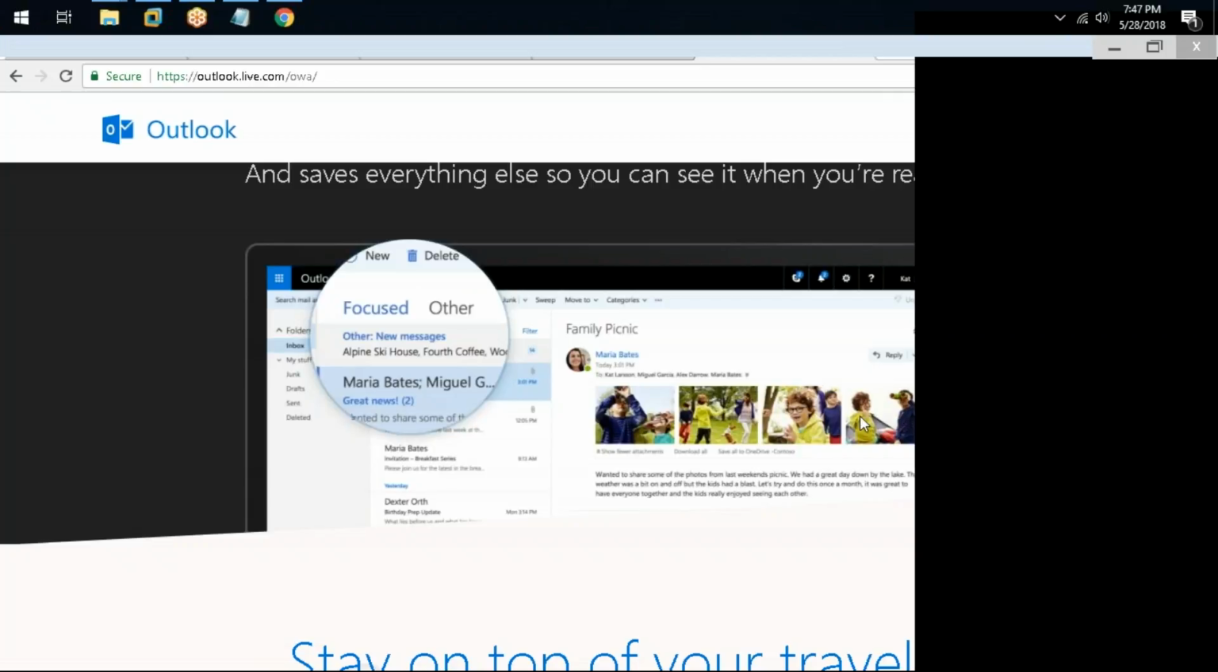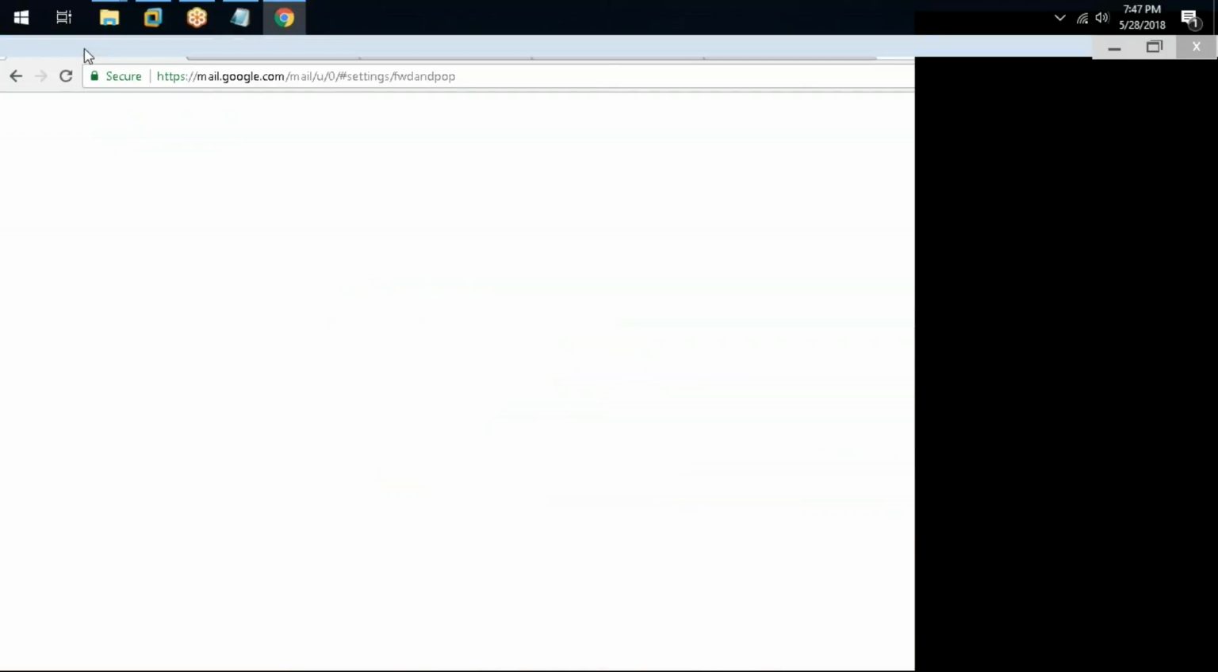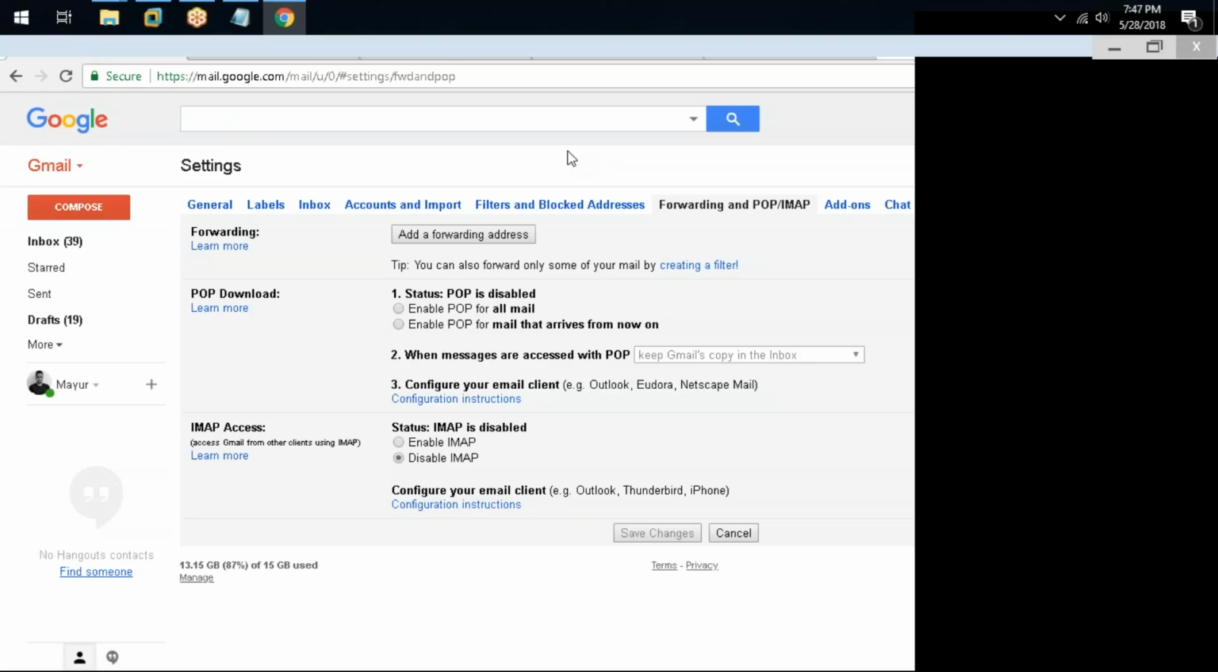So let's take the example of Gmail. Gmail is a mail service which offers two kinds of mail protocols, POP and IMAP both. So for using Gmail in your local client or in your UiPath automation, you have to make sure that you enable POP3 and IMAP in your Gmail account. By default it is disabled. So you have to log into your Gmail account